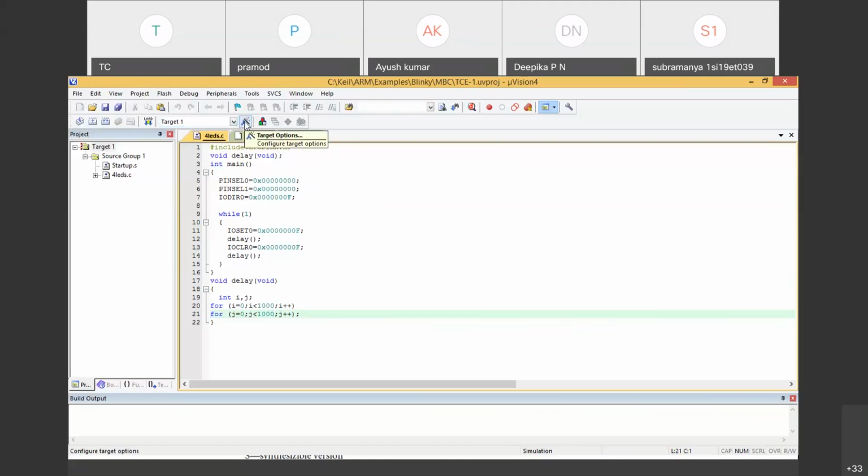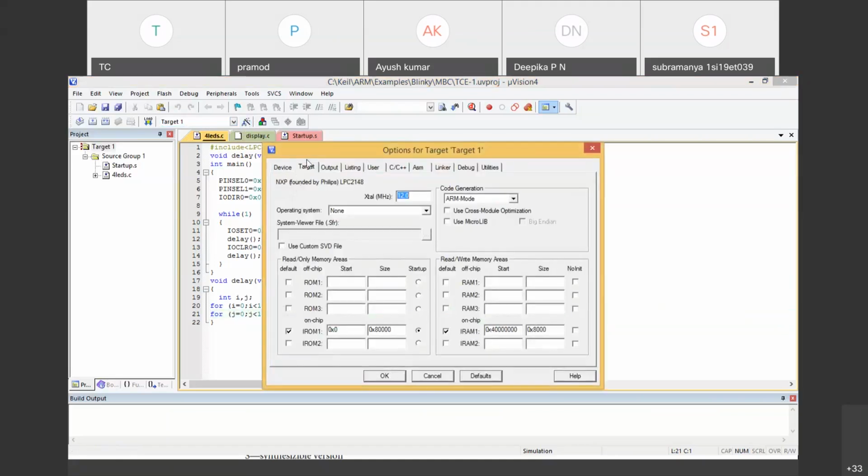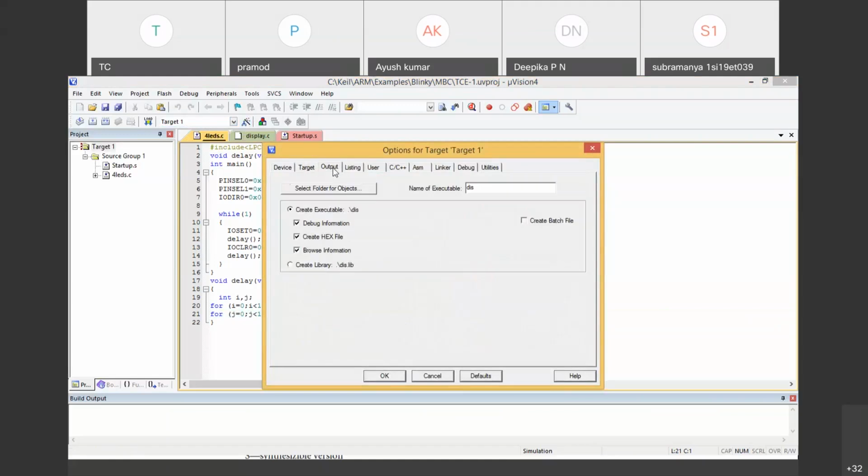Go to the target side window, click on target options. Last class I told this. Check for the target: it should be 12 megahertz, ARM mode. Then I'll check for output. Click on output, and create hex file should be selected. If it is not selected, click on create hex file.